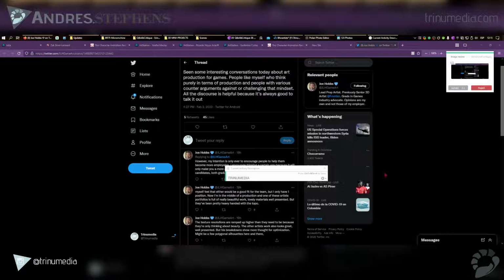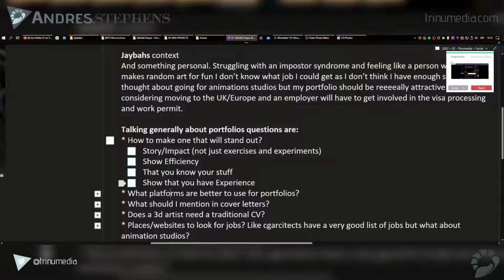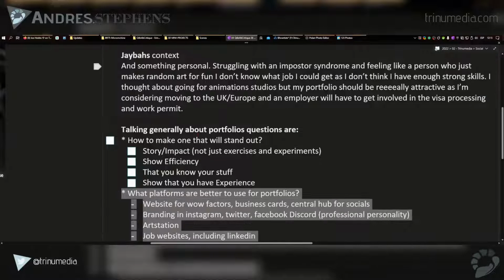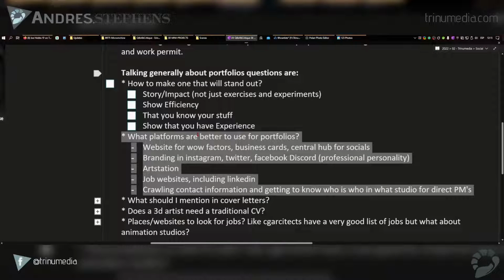All right, so let's move on to the next question, and you guys can check out the link shortly. Basically, what platforms are best for portfolios? Whatever can show your work. For example,